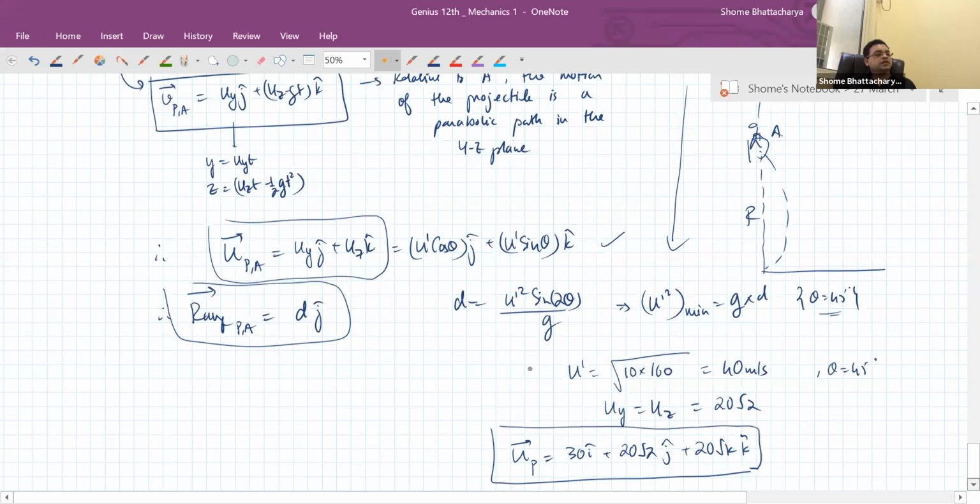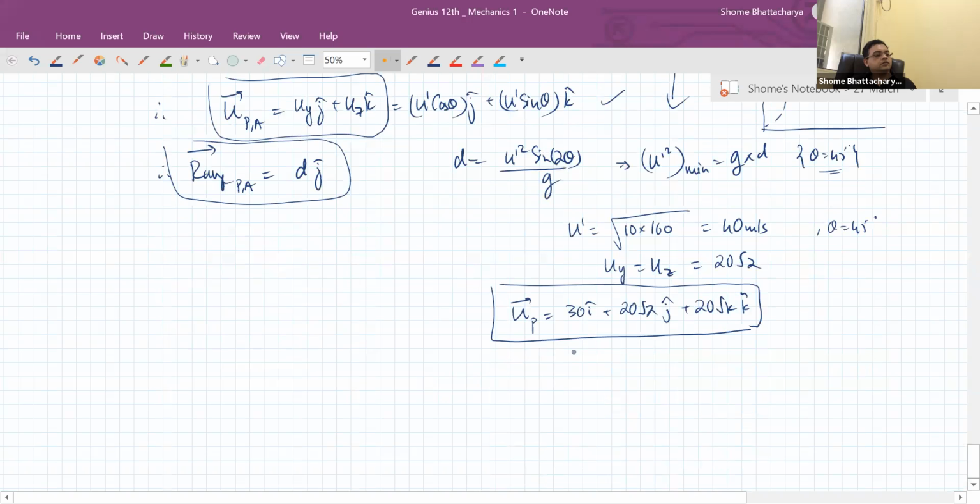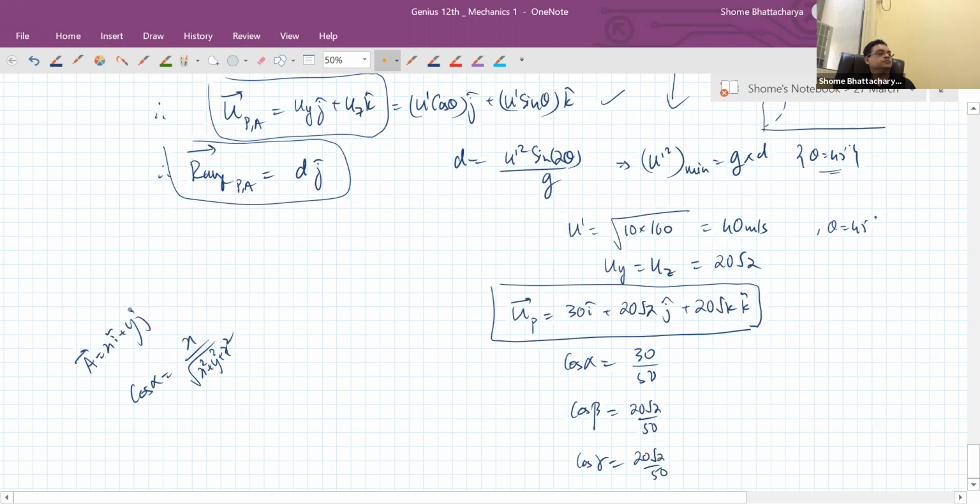So now you can see the direction cosines: remember cos alpha is x upon the magnitude of the vector, like that. So using this,